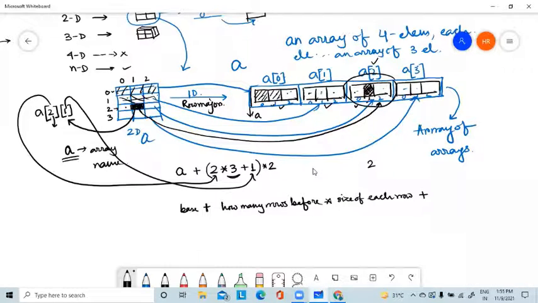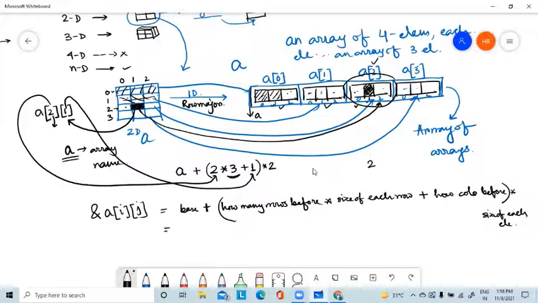Then I have to add how many columns before that particular column. Then this will be multiplied with the size of each element. Then I will get the address, where ampersand represents the address. So this will give you the address of a particular element, say ij.